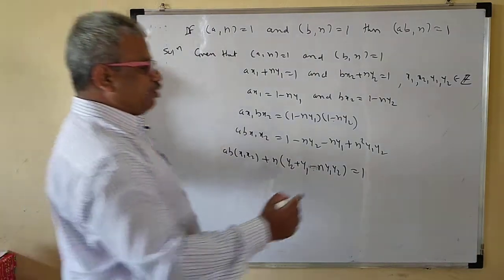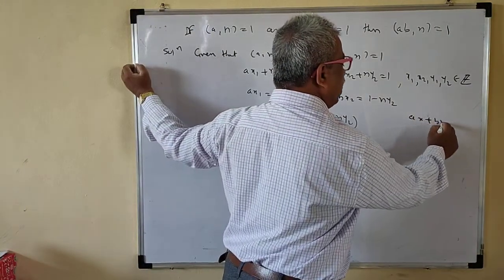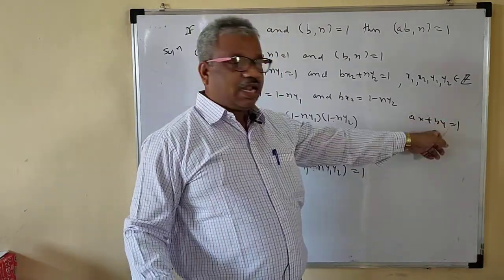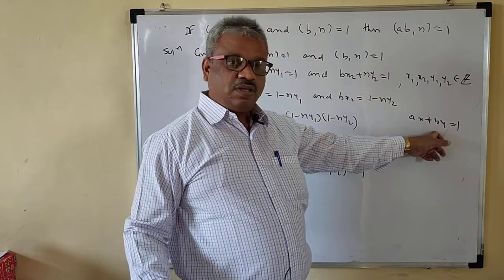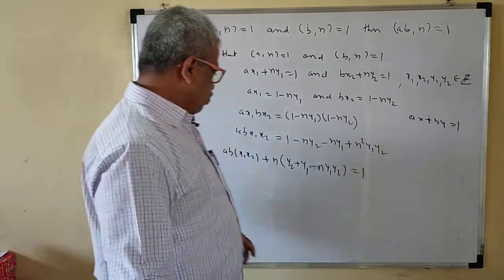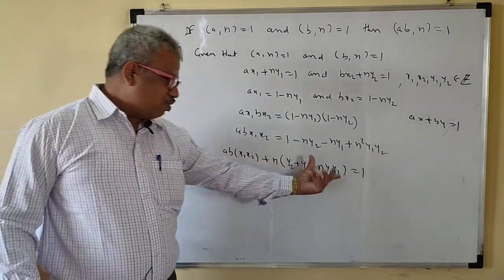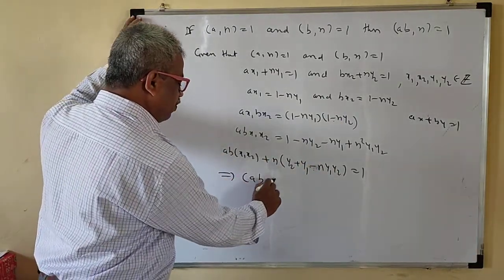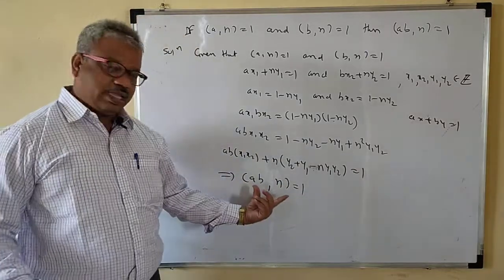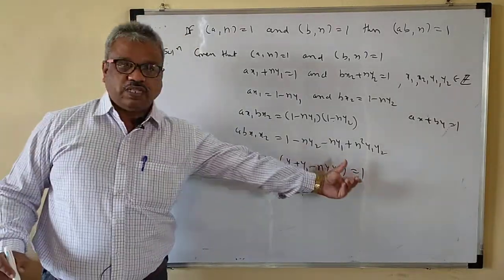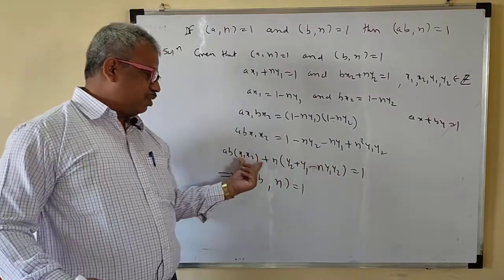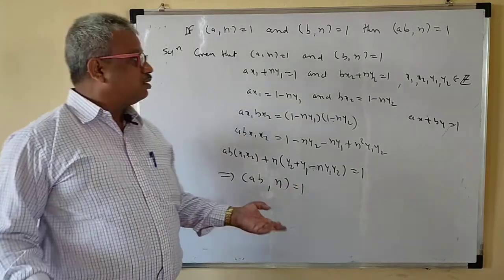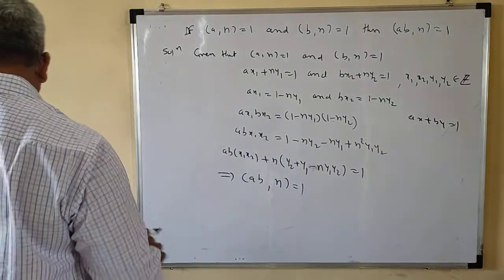So we have seen that if AX plus BY is equal to 1, then GCD of one member from the first term and one member from the second term is always 1. So we take one member as AB and the other member as N. So this implies that GCD of AB and N is equal to 1. We have proved that a linear combination of AB and N is 1. Both the coefficients are integers, because X1, X2, Y1, Y2 and N are all integers. So we did this one, right? So we have proved this one.